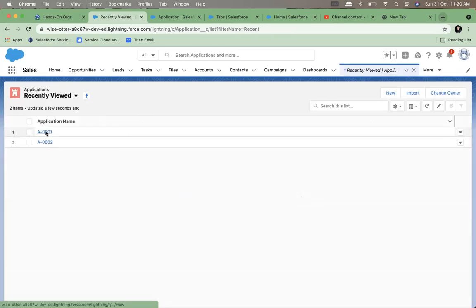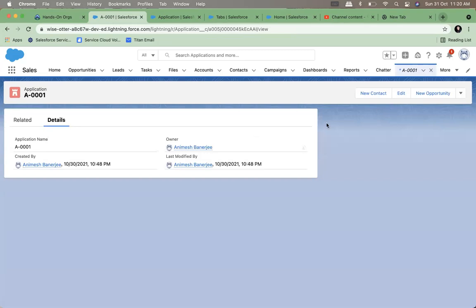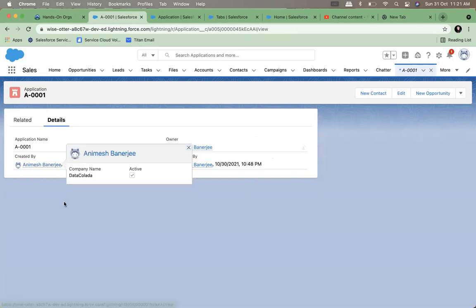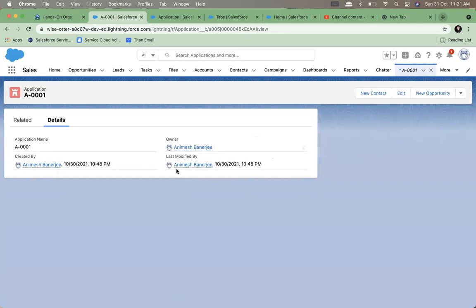Okay. Now I have created two fields. And these are the other fields. These are audit fields already created by Salesforce. That means who created this record and at what time this was created. Who last modified this record? At what time did it get modified? And owner. What is the job of this owner? We will discuss later. Right now it is a field and it is the most important field in Salesforce, but we will discuss this later. Right now, let's think about it as a separate field.